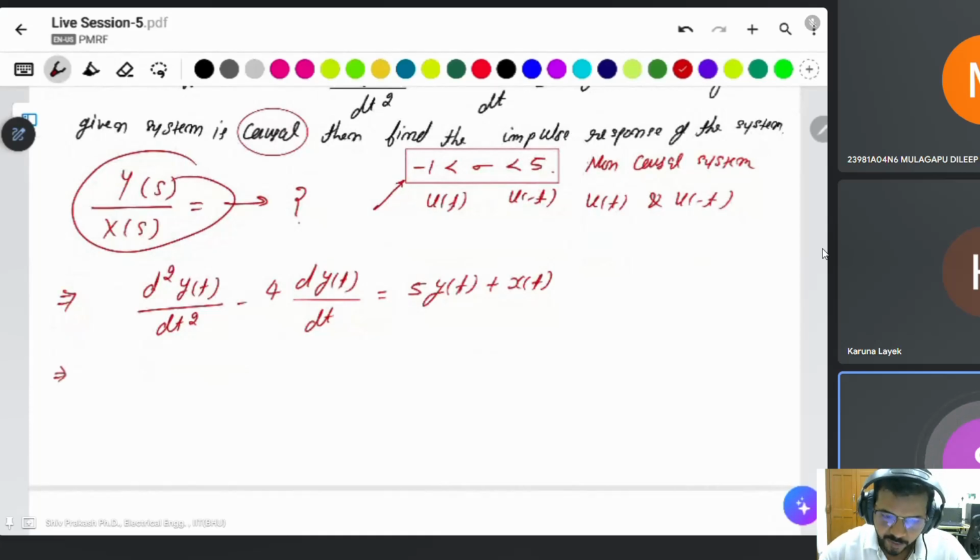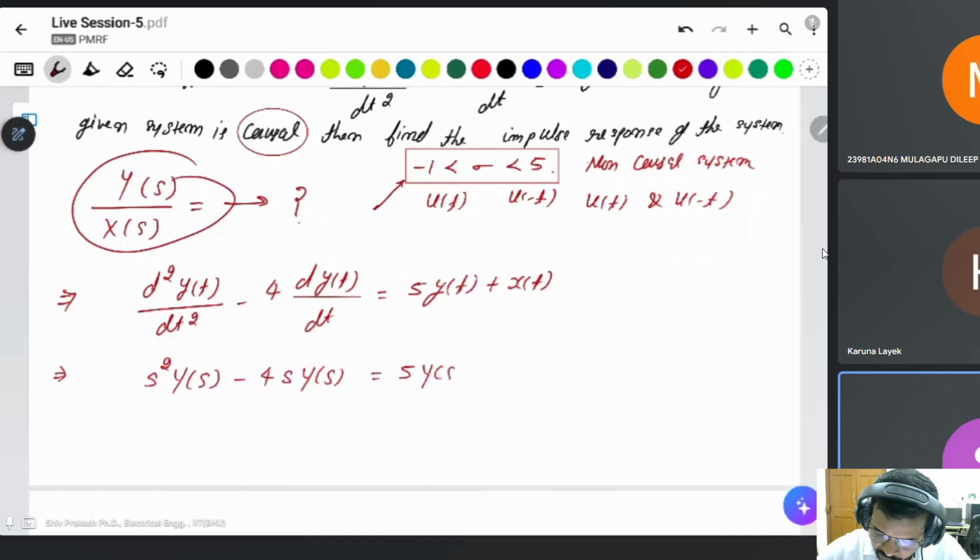Know about the Laplace transform of the differential equation. For a double differential equation, you have to put s square Y(s) minus 4s Y(s), is a constant. It means this will be a Y(s) only plus x(t), we have X(s) Laplace transform,